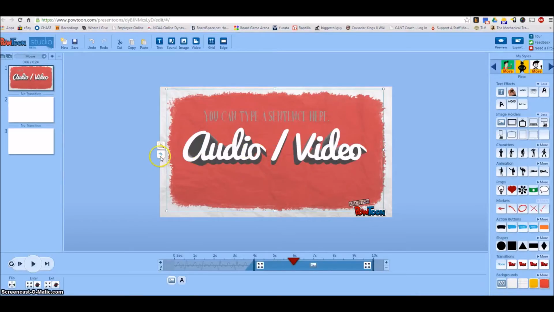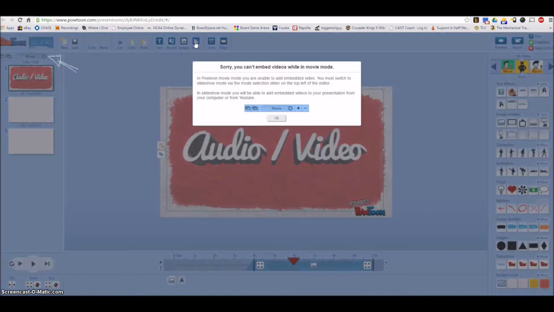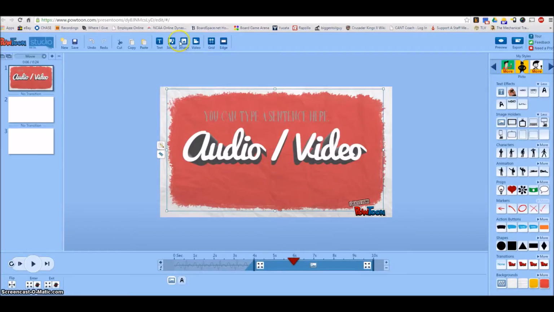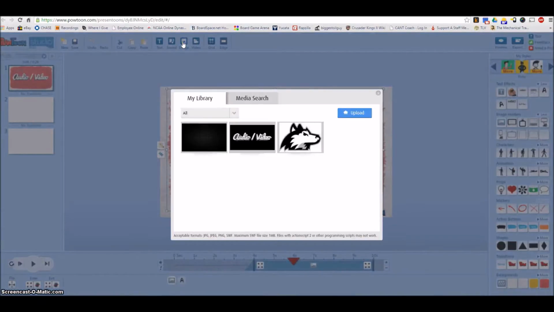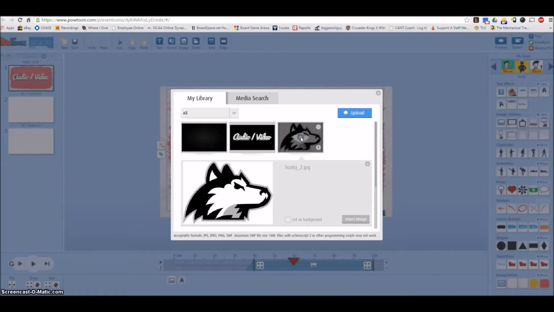Now a couple things I want to show you. Up here at the top is where you can manage your assets. Now, importing videos, you can import them, but not while you're in movie mode. Importing images. Once you start importing images, they'll be in here to use. If I import this image,